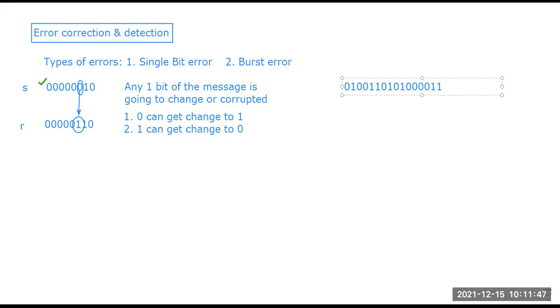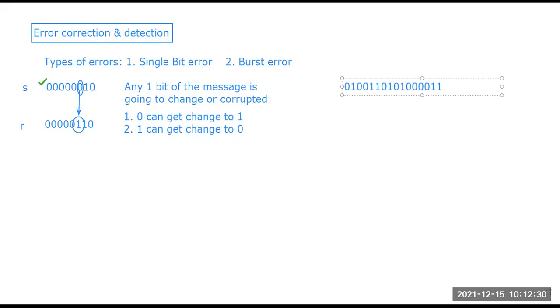So why is the burst error happening actually? Why does a single bit error happen in a small transmission message? When a small message is transmitted, the chances of single bit error are higher, but burst error happens when the duration of the transmission is very long. When the duration of the transmission is long, the noise can affect the data very much, because it has enough time to affect the data. So the duration of noise will also be longer, and then burst error happens.